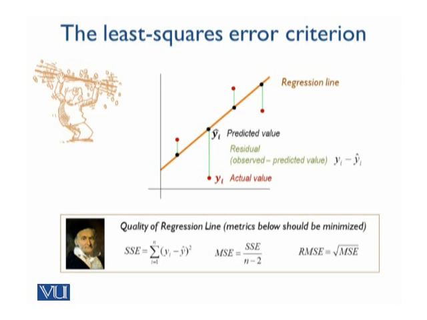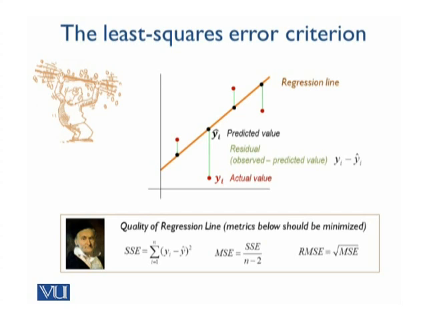So we have something known as the sum of square errors. In this, you have the difference between the actual observed values and the predicted values. So you take this residual, you take the square of this, and you sum it up for all the i points that you have. And if you take the average of this, you have the mean square error, and this average is done for a sample. So because of that, you do not divide this by n, but by n minus 2. And we will be seeing why we are dividing it by n minus 2.